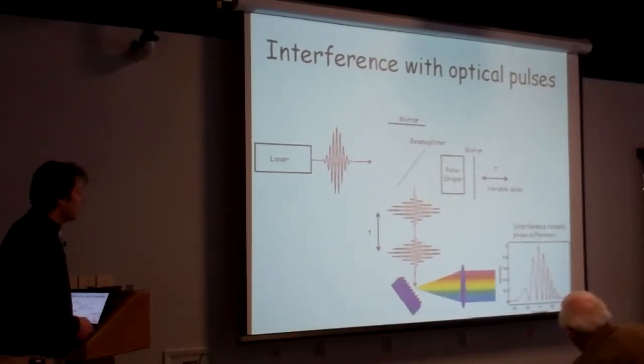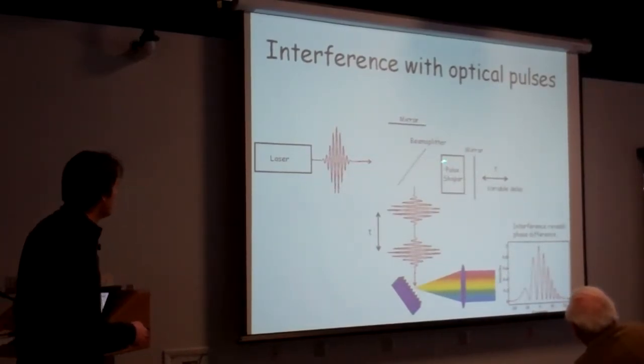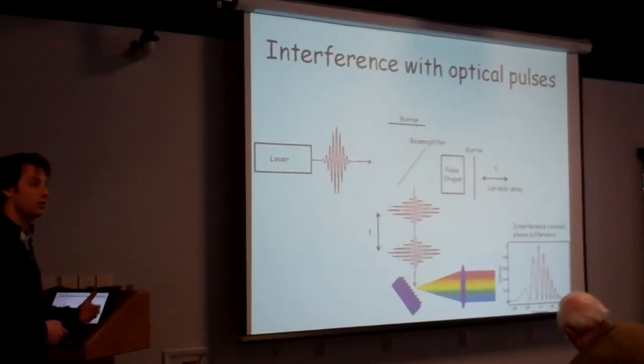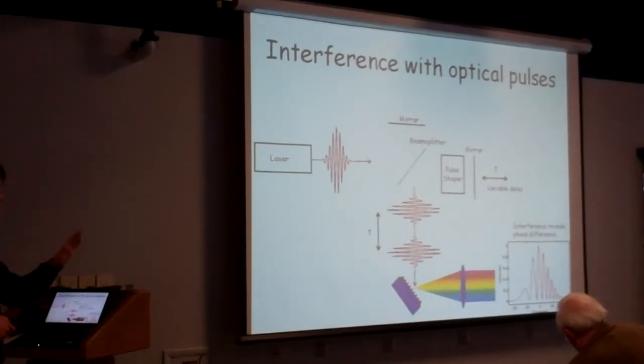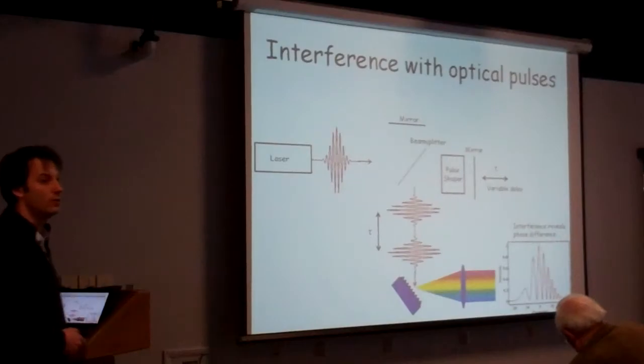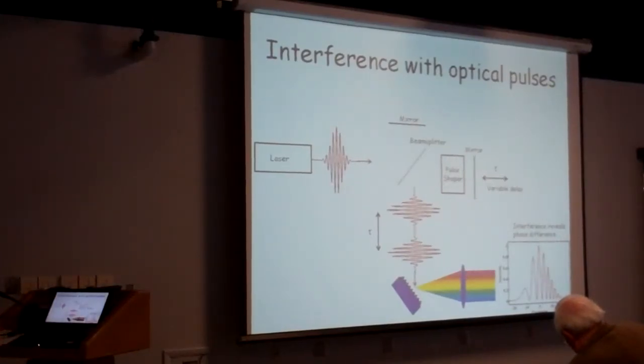What becomes more interesting is if the pulses are not identical. What I was talking about just a moment ago was the interference between two identical pulses, and you saw interference fringes which were regularly spaced, and they were spaced by 1 over the time delay between the pulses. But of course, we'd like to make measurements of something more interesting than just an unshaped pulse. So let's say that we put some pulse shaper in here, and Phil Buxbaum described to you how you can use